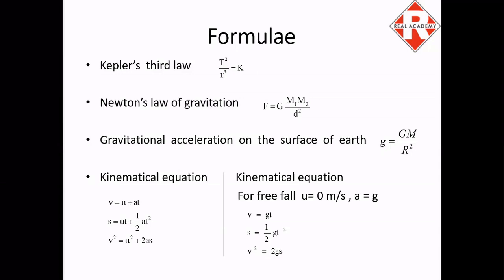The third thing that we saw was escape velocity. What is escape velocity? The maximum velocity with which you throw the stone upwards such that it escapes the gravitational pull of the earth permanently. Then that maximum velocity is said to be escape velocity. And how much was escape velocity? 11.2 kilometers per second. Okay. So this was it. This is all about the gravitation chapter. So now we will be solving the numericals.